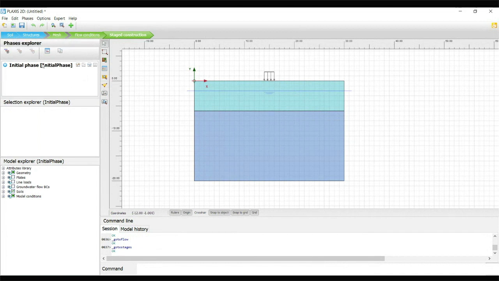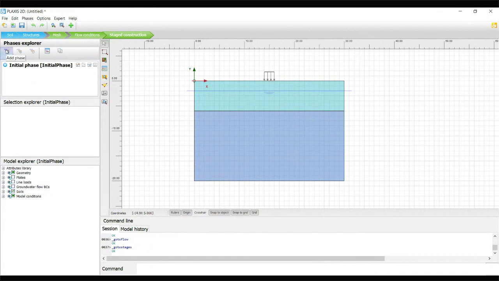You can double click, see that initial phase. Calculation type is K-naught procedure. We are going to use K-naught procedure. If your ground profile is non-uniform, non-horizontal, then you can use the gravity loading option. If the layers are perfectly straight, then we can use K-naught procedure. So this is the initial phase condition.